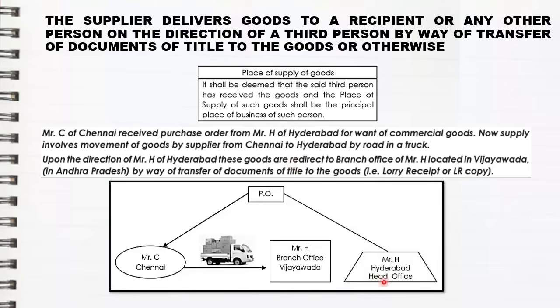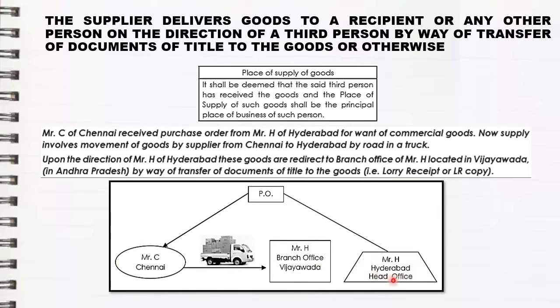Mr. H from Hyderabad gave a purchase order to Mr. C of Chennai to give goods to him. But before sending the goods, he informed them to send the goods not to Hyderabad but to Vijayawada, that is his branch office. So now here there are three parties involved: the supplier, the recipient, and the third person